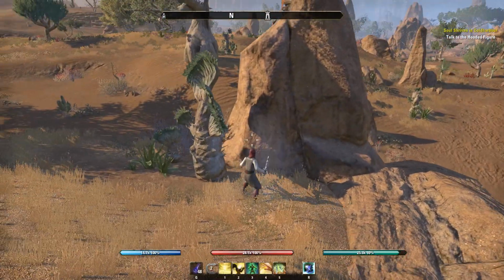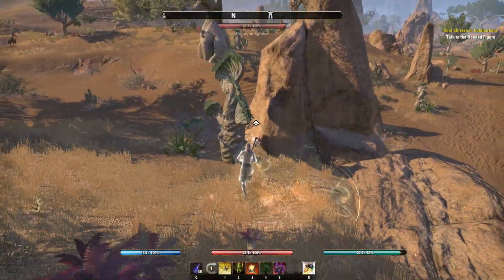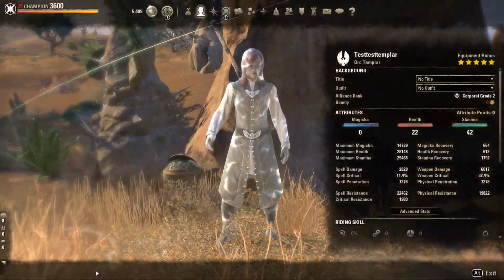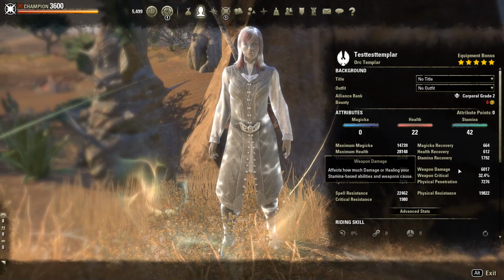This is my Templar PvP build for Blackwood. I've been running this for a while now and it's working pretty well, so let's get right into the stats. For stamina recovery, we're running 1800. Magic recovery running 664, health recovery 600, 6k weapon damage,